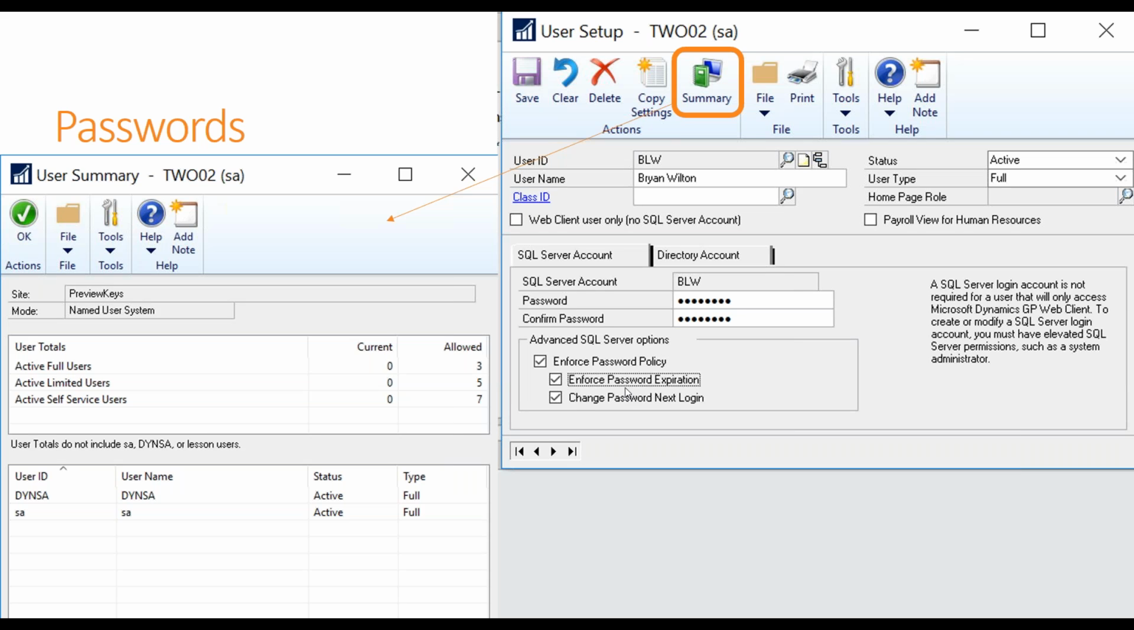I did put this screen up just as a reminder. This came, I think, in GP 2016, maybe R2, this summary button that's on the user setup. If you're more on the system admin side or the power user side, you'll have access to the user setup window. There is a summary button, and this was kind of snuck in there, and nobody made too big a deal out of it, but it's a nice window that opens up on the left side of the screen where you can see a summary of the